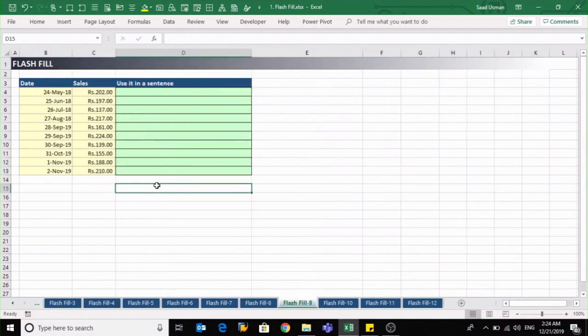Next example is flash fill exercise number 9, which has dates and sales again, and now I'm going to use this as a sentence. Let's see how it works. Today is May 24, 2018, and sales are rupees 202. Okay, and now I'm going to use